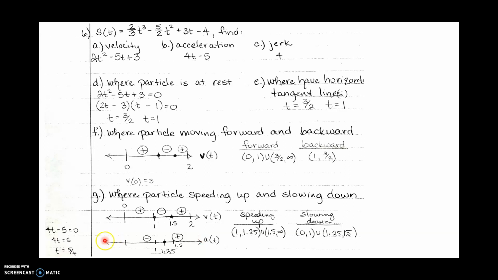If you'll notice, from negative infinity to 1, the signs are opposite. This is positive, this is negative. So from negative infinity to 1, and because they told us time is greater than 0, for us it would be from 0 to 1. It's slowing down because the signs are opposite. All right, then from 1 to 1.25, this is negative and this is negative. So from 1 to 1.25, the signs are the same. It would be speeding up. At 1.25, this changes to positive. So from 1.25 to 1.5, accelerate